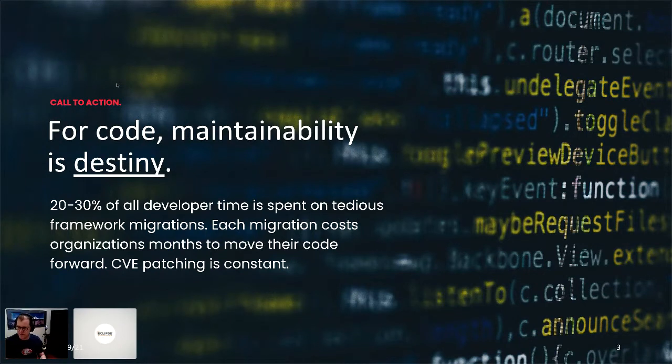But if you're changing it across your entire org, like for instance, moving from Java 8 to Java 11 or Java 11 to 17, these are notoriously long-running tasks and can be really hard to do and really difficult across your whole org. And then of course, CVE patching is constant, right? You have to address security concerns. So let's talk a little about this.